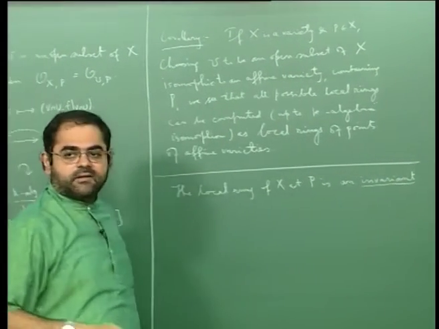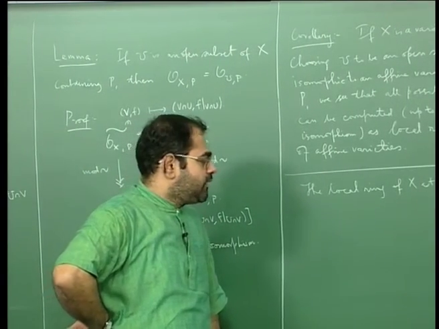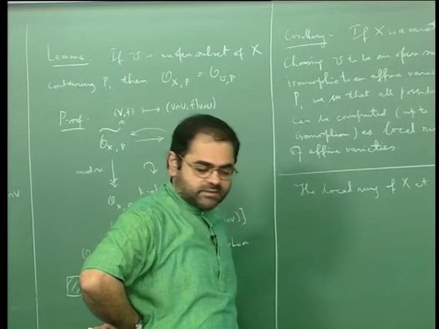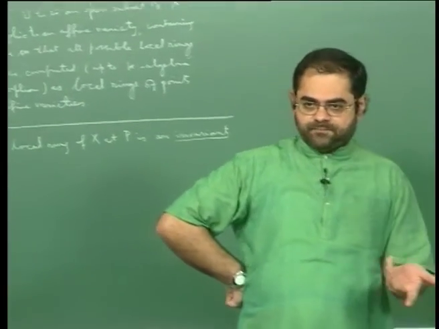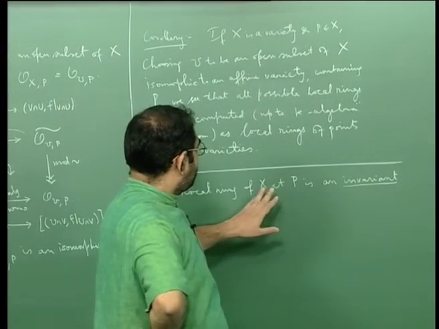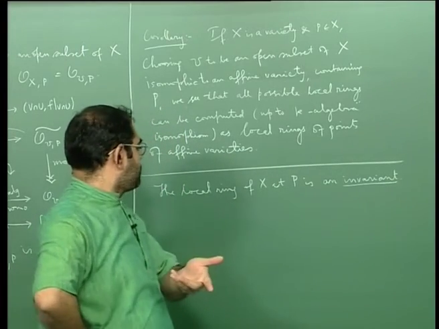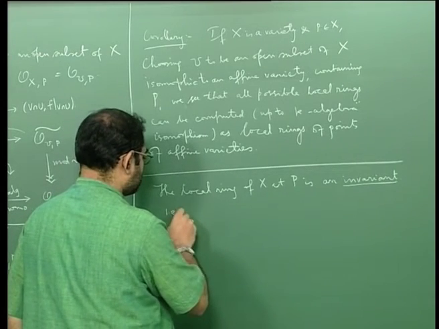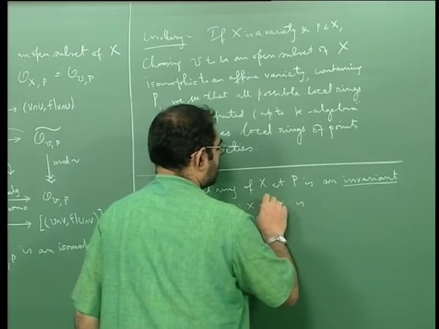So what's an invariant? An invariant of a certain geometric object, or of a mathematical object, is something that doesn't change, or changes only up to isomorphism, if you change the object up to an isomorphism. What I am trying to say is that if you change X and P up to isomorphism, then the local ring will change only up to an isomorphism. That is, if phi from X to Y is an isomorphism